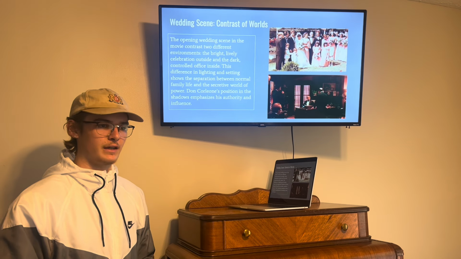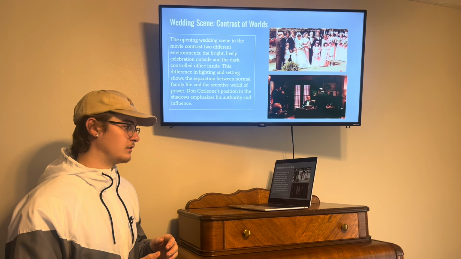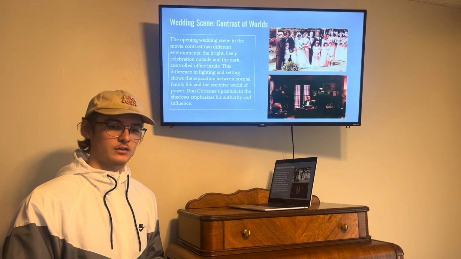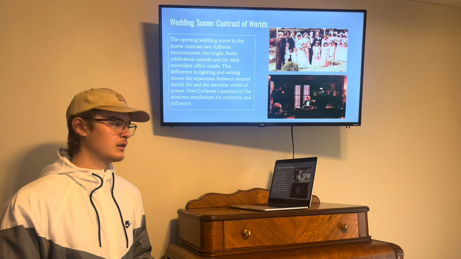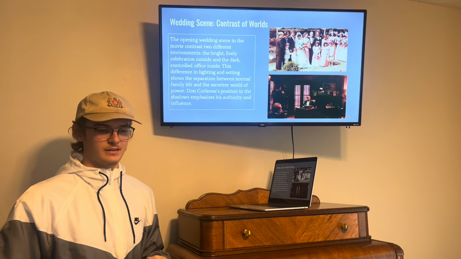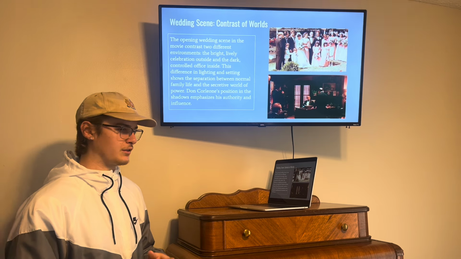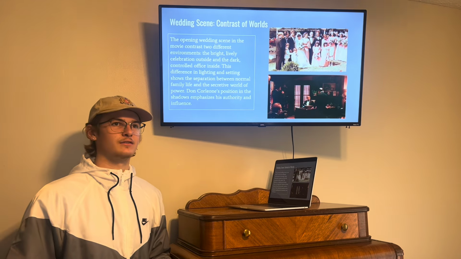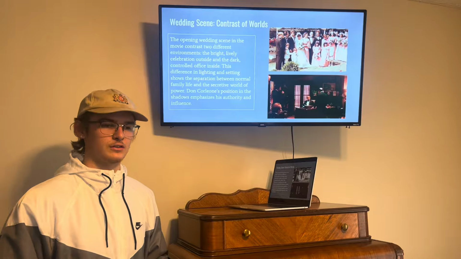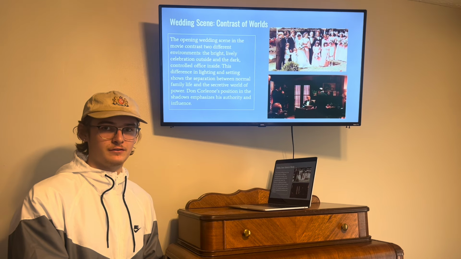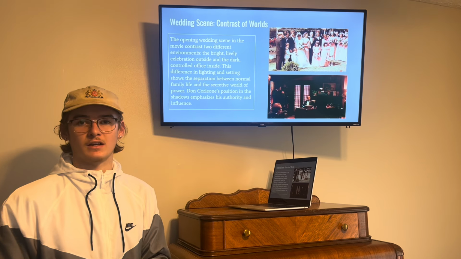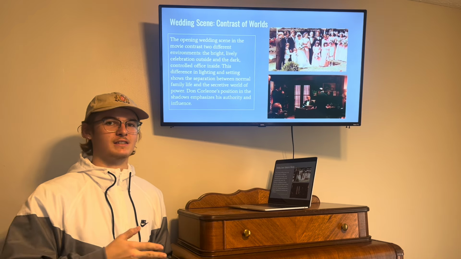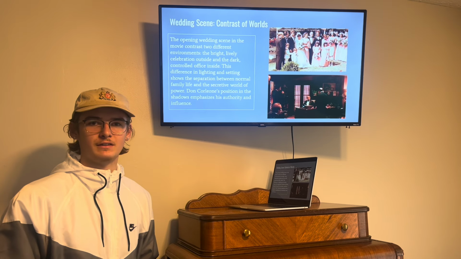They're celebrating. They're dancing. And then it goes to the scenes that completely contrast that, and they take place inside in the dark, controlled office space. And this just shows that separating of the dark lighting and the outside lighting. It's a big topic that the movie focuses on. It shows the difference between the family life and the dark side, the business side. And it shows that separation of that secretive world of power that the family life doesn't even know about.